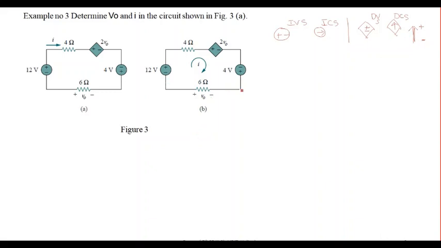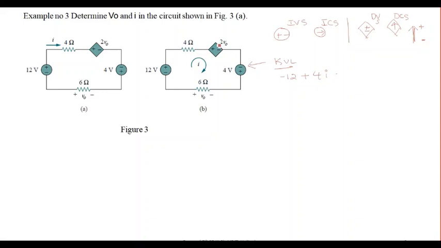Okay. Now coming to this, we need to find V0 and I, again by applying KVL here. So first let us come out with the KVL equation for this circuit. If you apply, you will get minus 12. Then what we have, now there is no polarity. If polarity is not given, you assume it as positive. So we can write plus 4 times I.